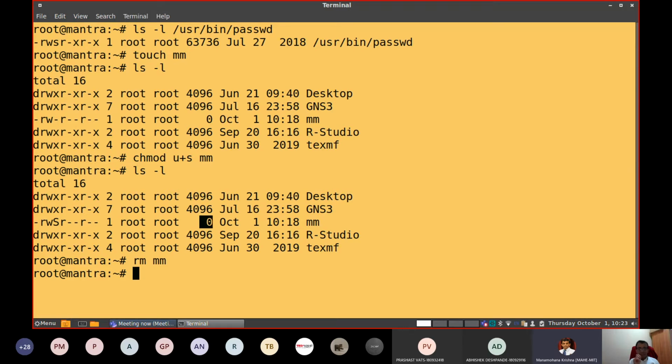Whenever you set the sticky bit equal to 1 for any file, even after you close the program, when the program is terminated, the program's object code will be stored in the swap memory of the computer. It's a temporary storage. It will not be removed from the swap.